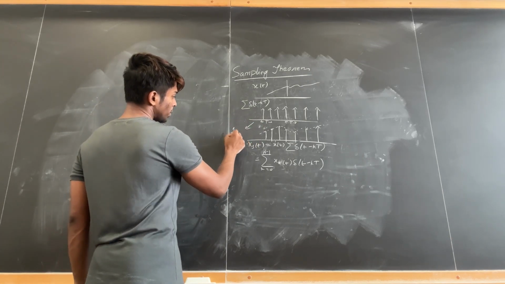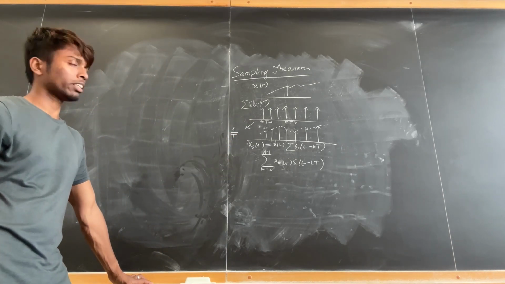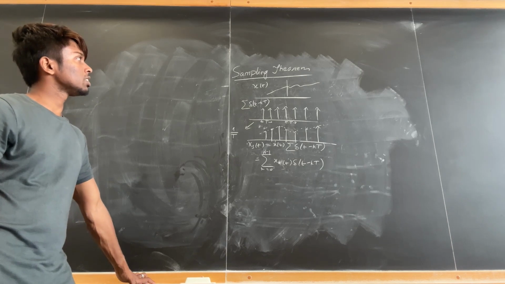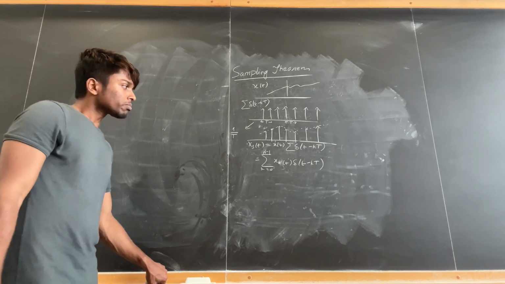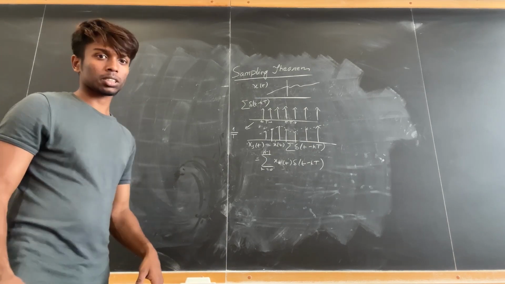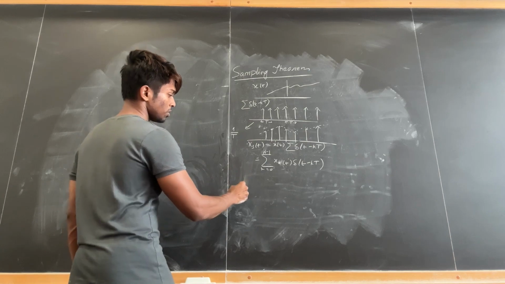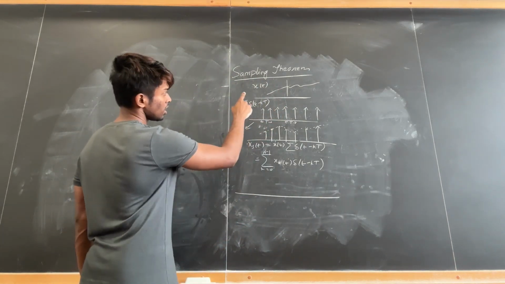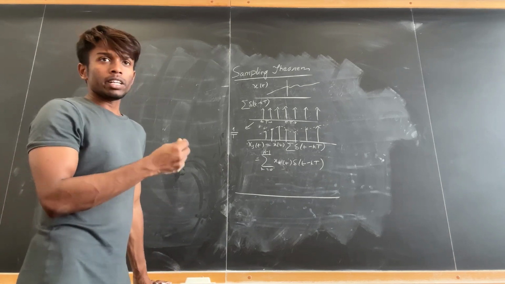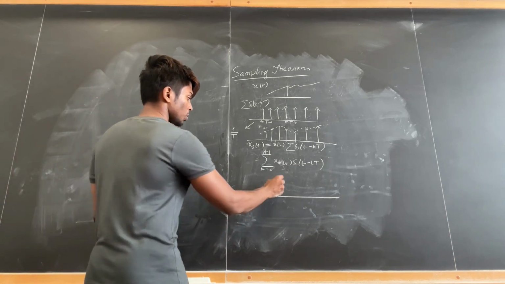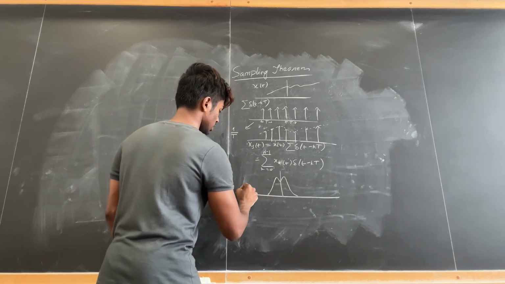So if this 1 by T frequency is not sufficiently high compared to the highest frequency component of x(t), then this will result in certain overlaps of the sampled signal in the frequency response. So what is the frequency response of this? Suppose x(t) has a frequency response of X(f), and sampling results in the periodization of the frequency response. So the periodization will create some sort of a curve like this.